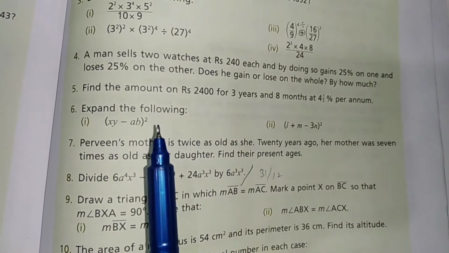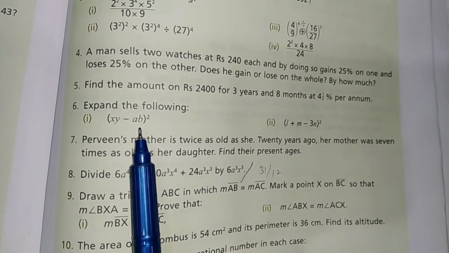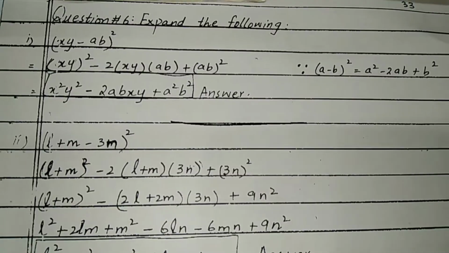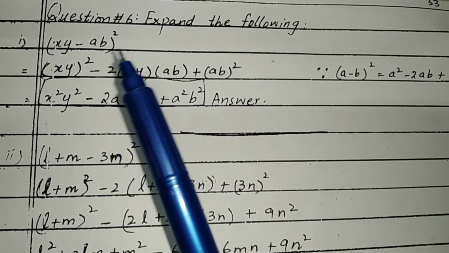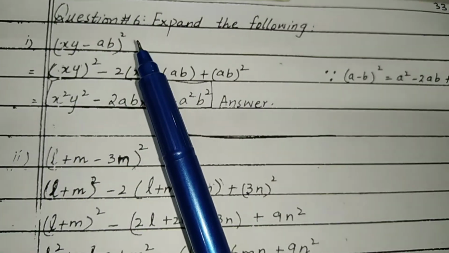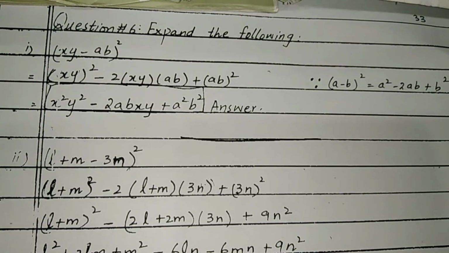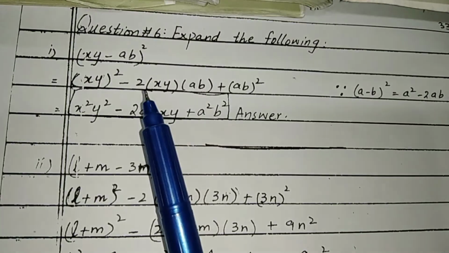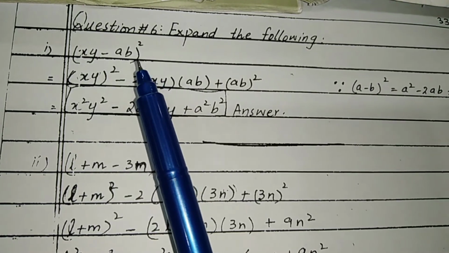So it consists of 2 parts. The first one is xy minus ab whole square. Xy minus ab whole square is equals to a minus b whole square. So its formula is a square minus 2ab plus b square. So it means xy whole square minus 2 according to the formula, the first number in the first bracket and the second one in the second, plus the second whole square,